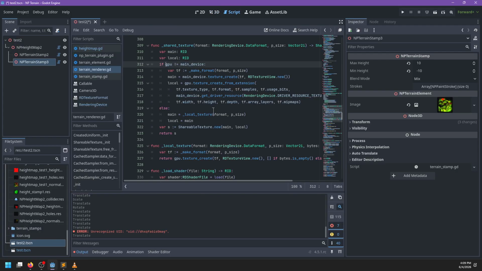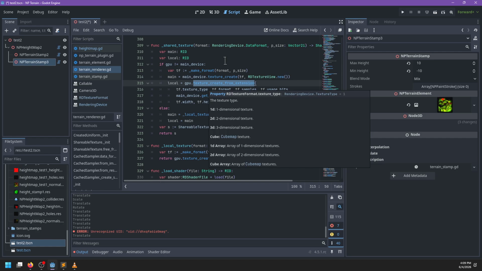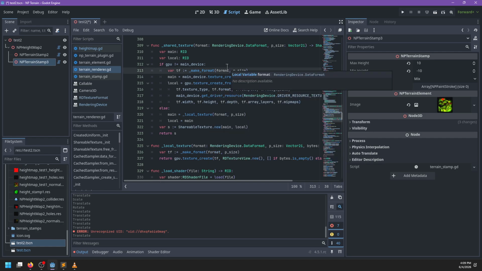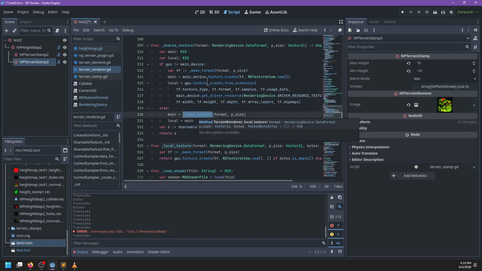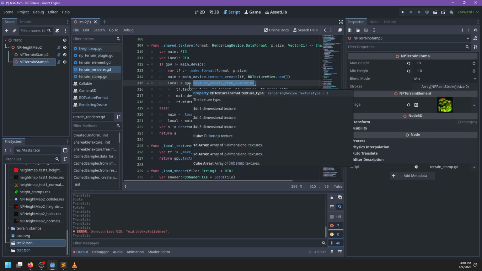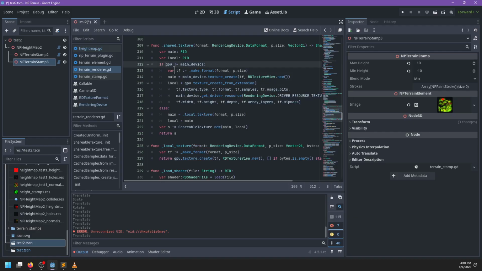But it all turned out to be that I was creating these textures that were shared between two different rendering devices. And then when I switched to just use the main rendering device and the main render thread, which took most of the time that I spent, I did not actually change this to just use a regular texture. And this turned out to be the actual culprit behind all of the confusion. So if we did something like this, where we do true or that, and then I close this,